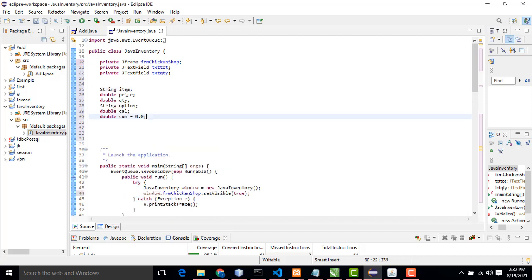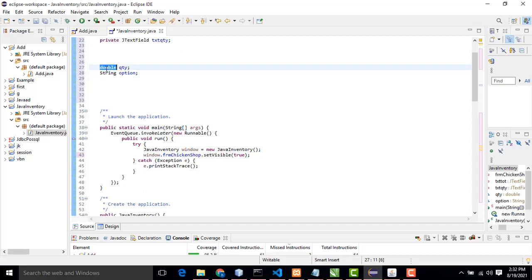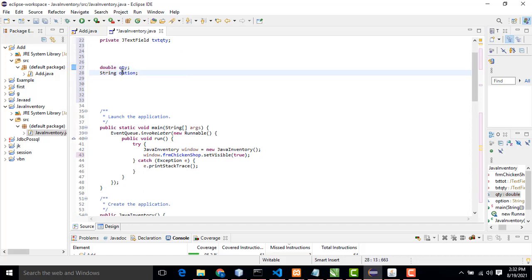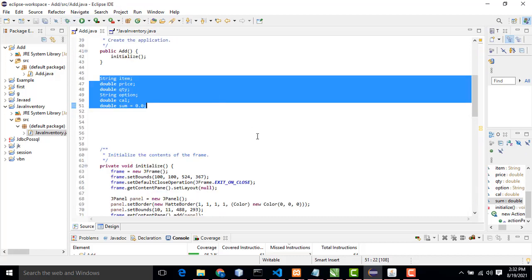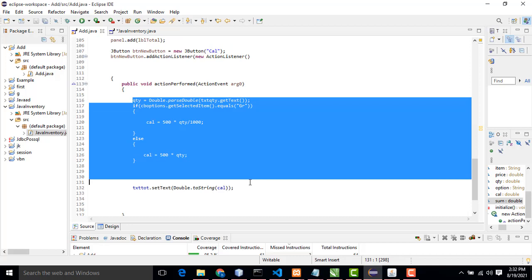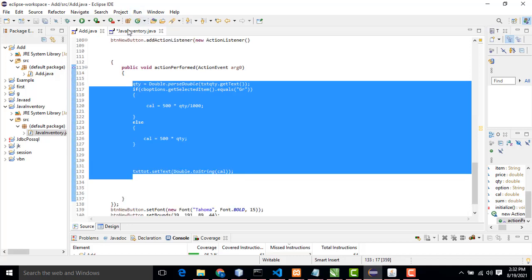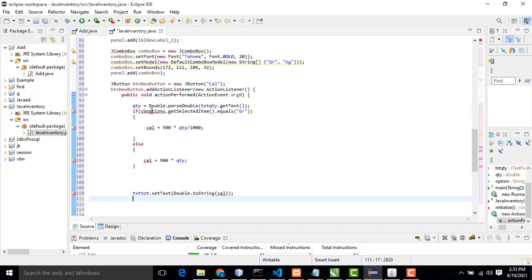We only need quantity and option, so I have created two variables: double quantity and string option. Instead of writing it, which takes too much time to complete the project, I just copy it and paste it inside the action perform of the button.